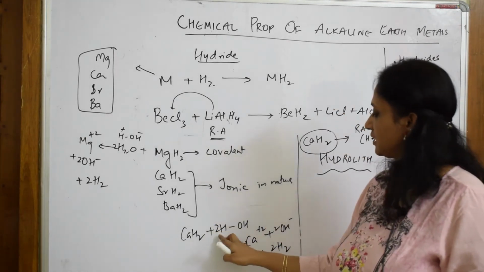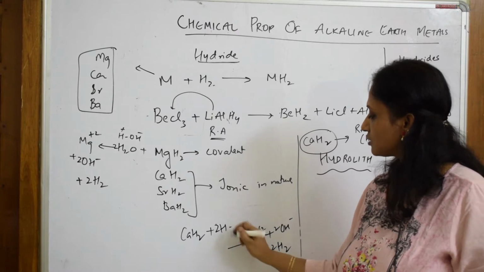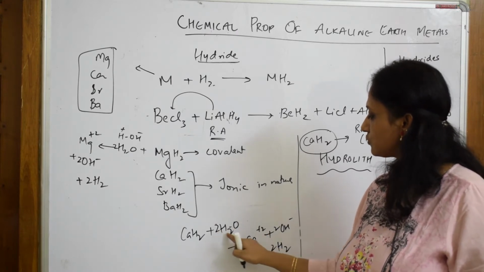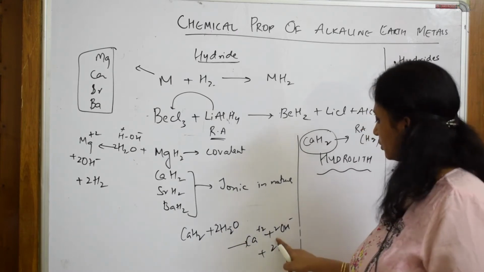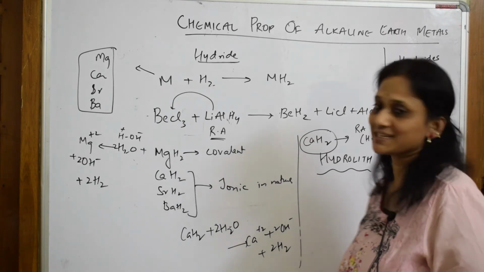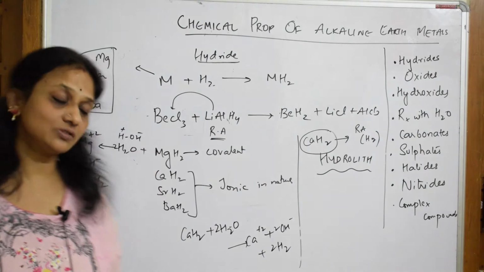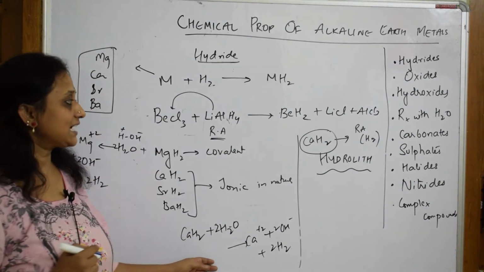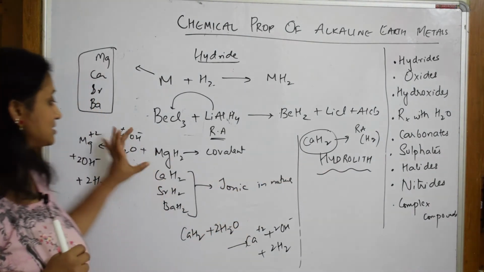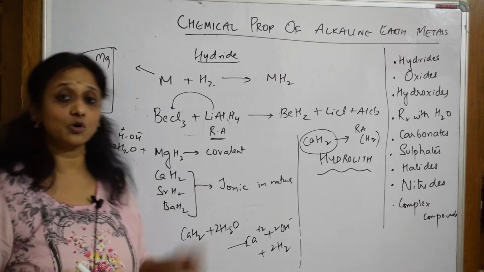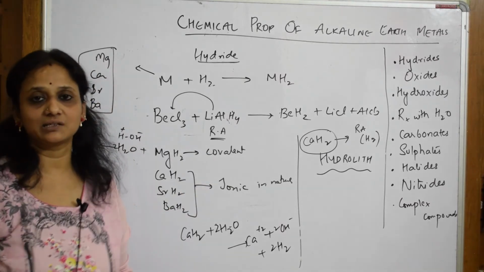Now let us see here, water molecule, let me write this normally. Water molecule: 2 2s are 4 plus 2 is 6. Here water molecules, 2 2s are 4 plus 2 is 6. So this is how you're going to see it. This is how the hydrides, when you dissolve them, give the respective ions, and calcium hydride is called hydrolith. These are the basic things. Now let's come back and learn about oxides of alkaline earth metals.